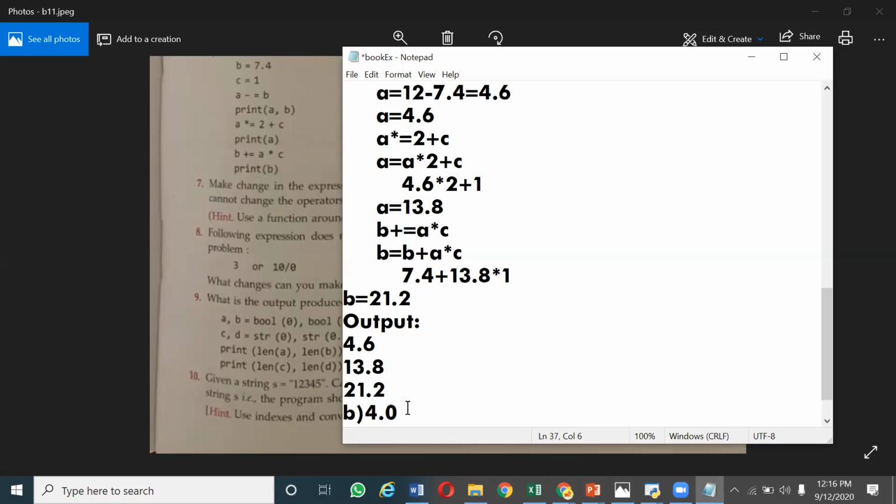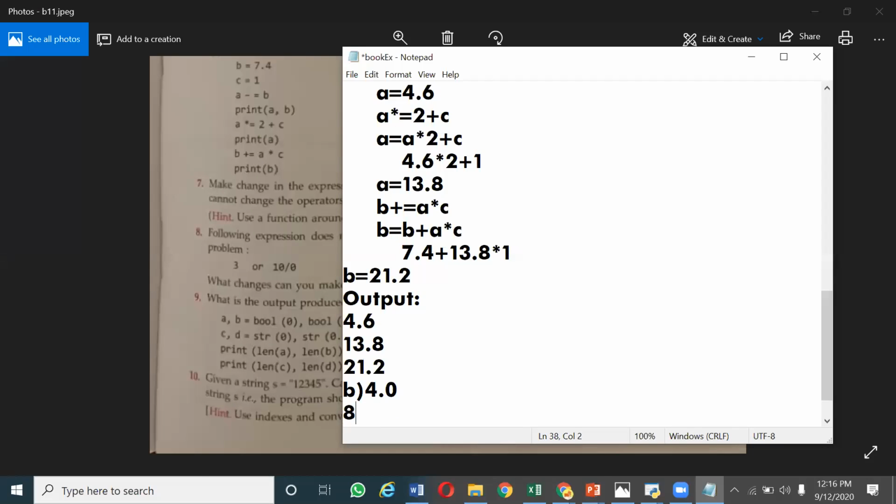Okay, so question number 8. Okay, so 3 or 10 divided by 0.